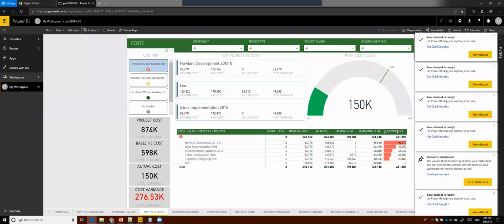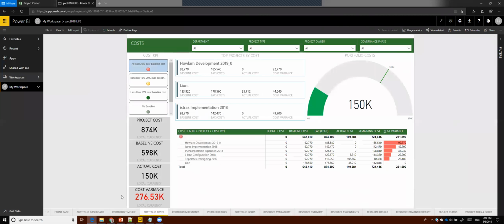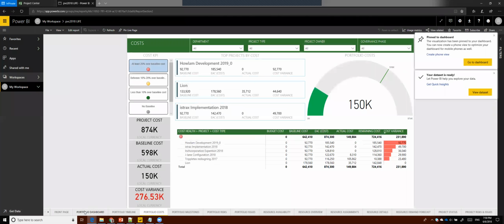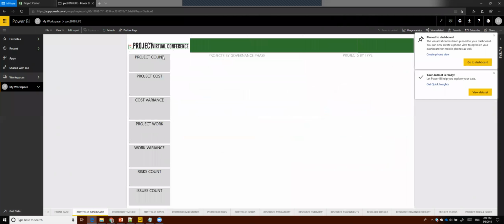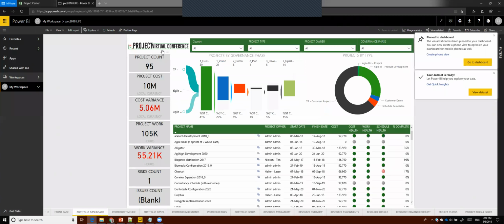And you're pretty much being spammed about your data set being ready, but you can ignore it for just now. Let's have a cost metric here as well as the actual count of projects in there, totaling,